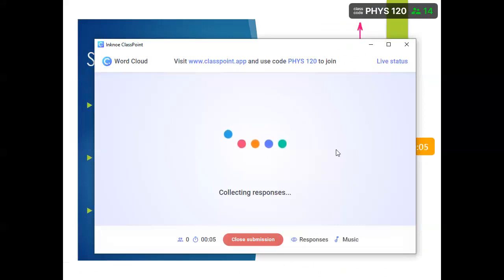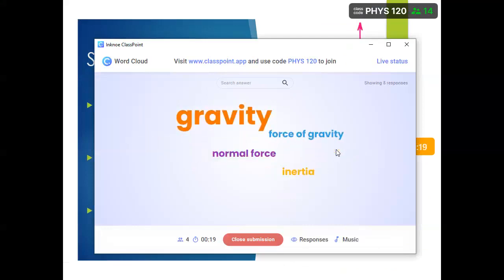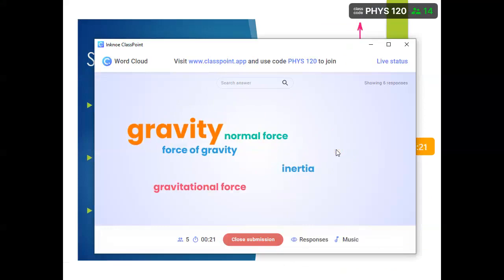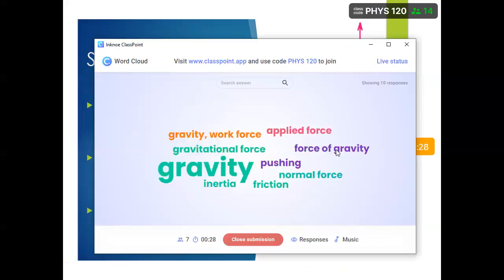Tell me what the forces are. How many forces do we have? Any force that you have heard. I would like to see how much you know about forces, and then we will try to explain with more details. Gravity, normal force, inertia, force of gravity, gravitational force, normal force, pushing force, friction force, applied force,